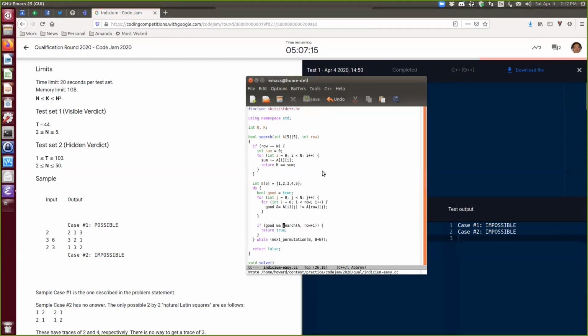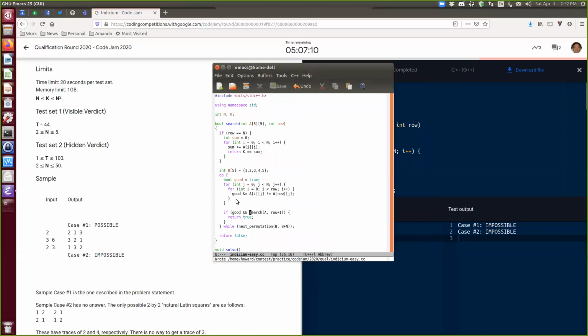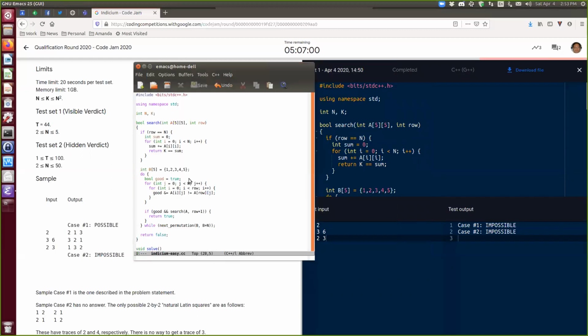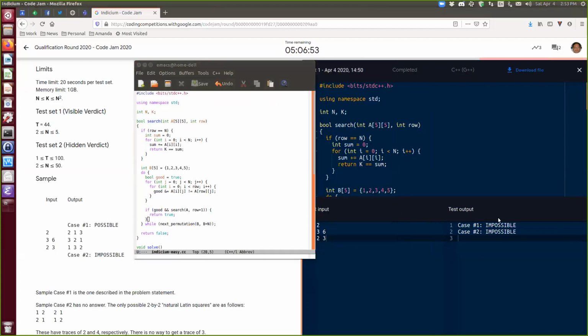Okay, so I found one bug, which is that I computed whether it's still good, but I forgot to actually use it. But that should not fix the bug. I'm pretty sure it won't fix the bug because I'm saying impossible when in fact it's possible,